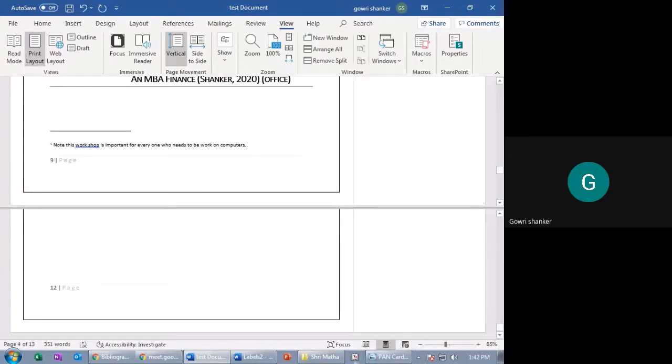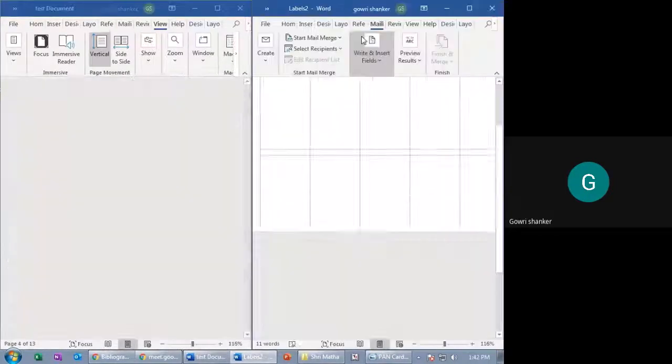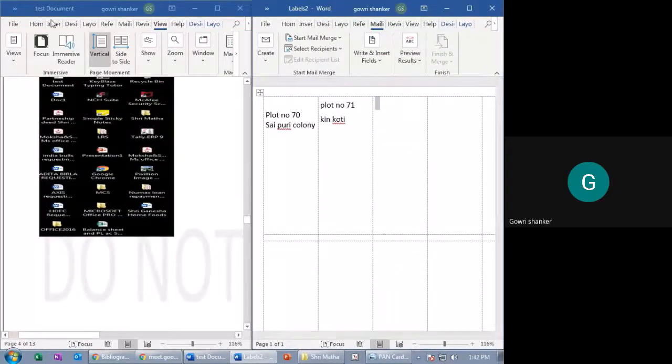So, remove split. The split has gone. This is like side by side. Two different documents side by side, you can keep them. This is document 1, text document. This is labels 2, second document. This is one Word document, this is the second one. You can see, side by side, I arranged it.